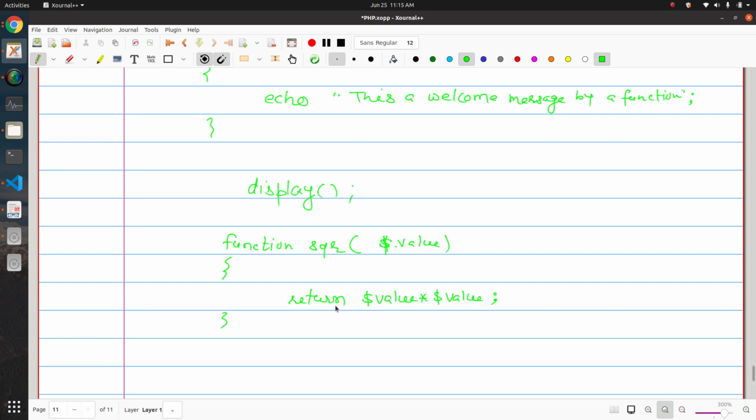You should remember there is no space. So this function is simply taking an argument and returning the square of that argument.